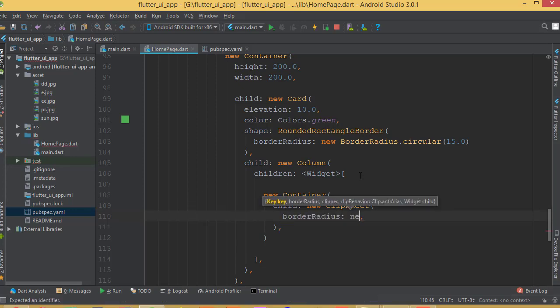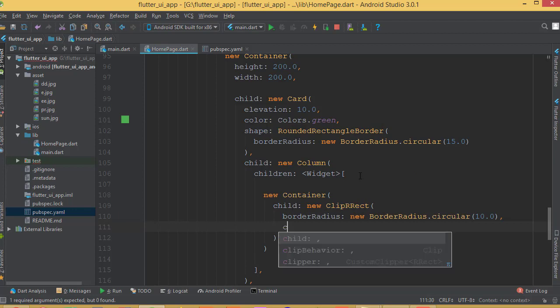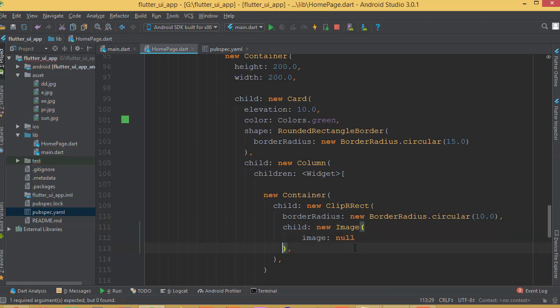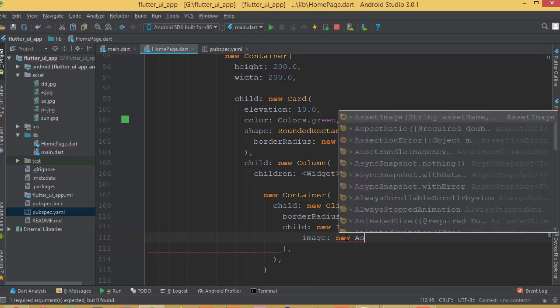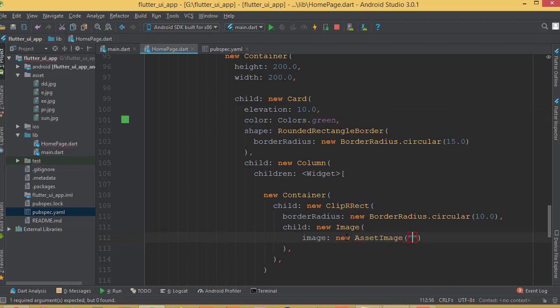So add borderRadius, which is going to be new BorderRadius.circular, and it's going to be 10.0, and this child is going to be a new Image, and inside this image we need to use a new AssetImage. Okay, and in here we need to name it asset/ our directory name,